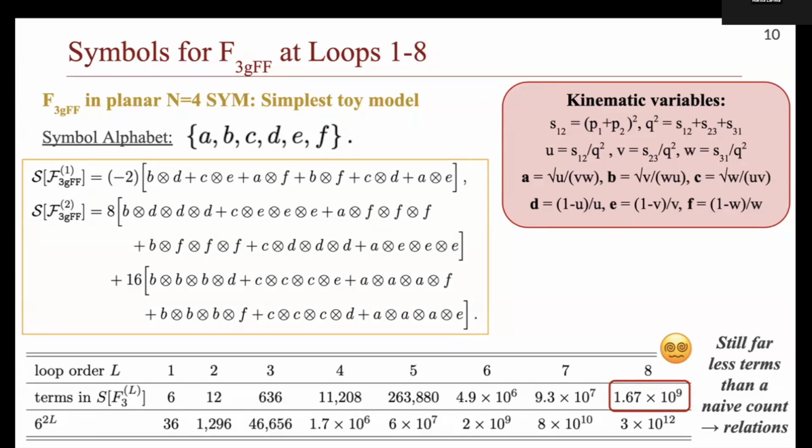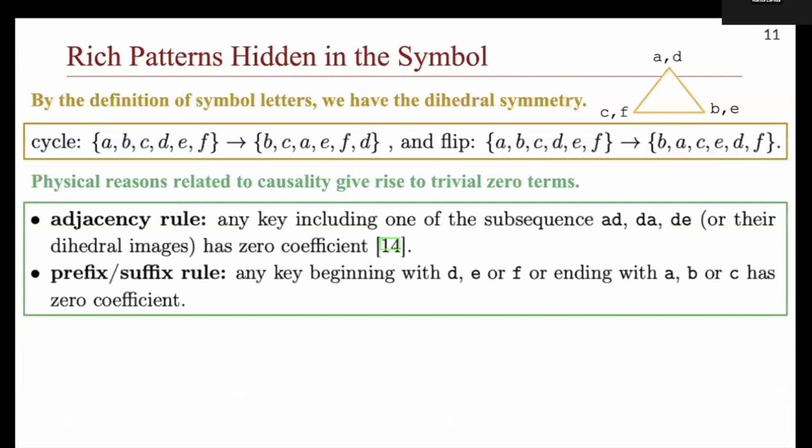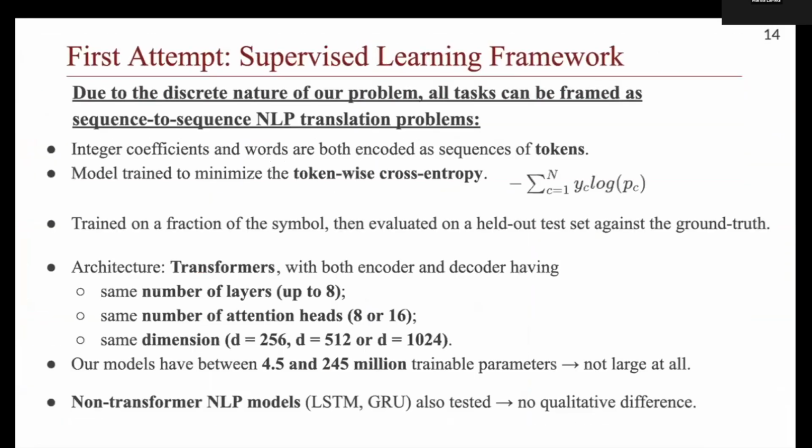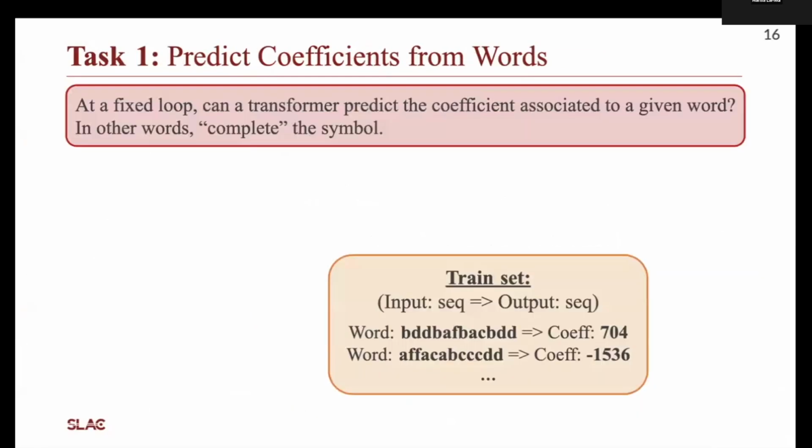I understand the physics reason for task 1. There is a correct answer for the amplitude, and trying to find that correct answer makes sense. Is there a physics reason why you think task 2 should be possible? What's the physics reason why we should be able to predict exactly the next loop amplitude from the previous ones? Because in QCD there's no reason necessarily for that to happen.